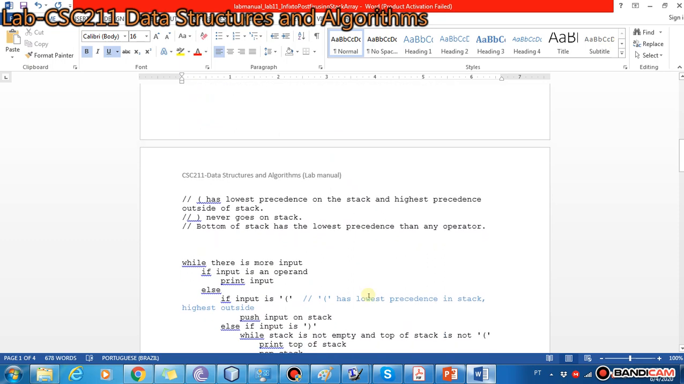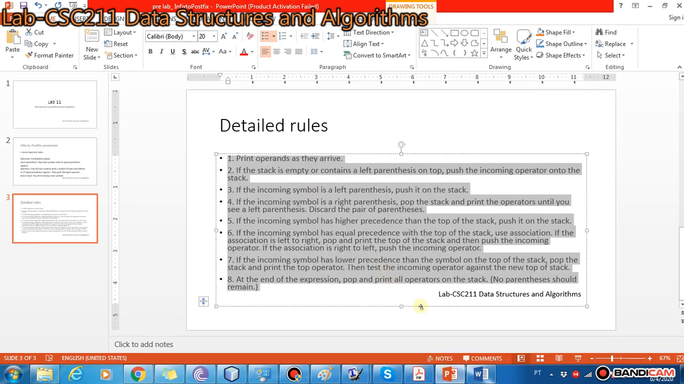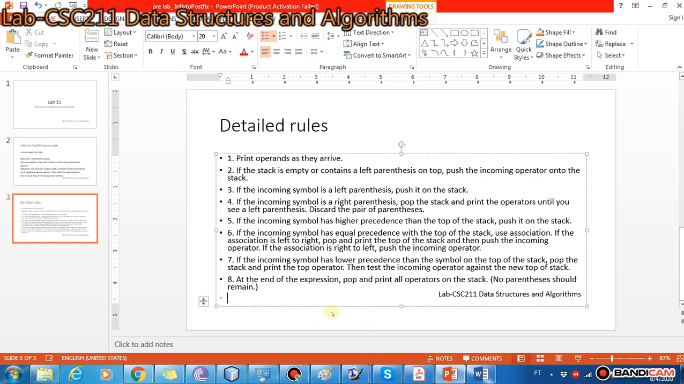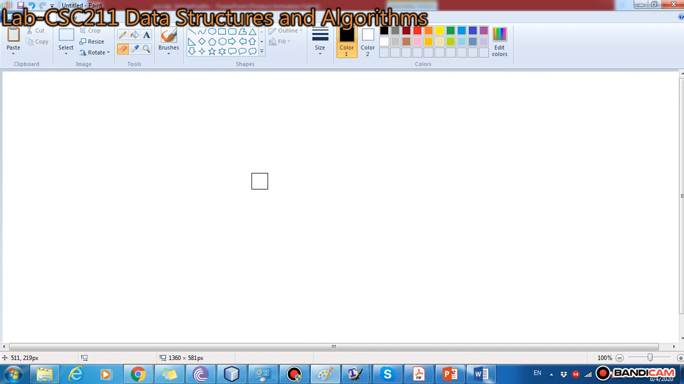The algorithm is pretty much straightforward for evaluating a postfix expression, which you will do as a lab activity. But for this lab demonstration, I would show you how to implement the algorithm to convert an infix expression to a postfix expression. So basically, before explaining this algorithm, it would be nice to see how an infix expression works and how a postfix expression works. So let's suppose there is an expression,